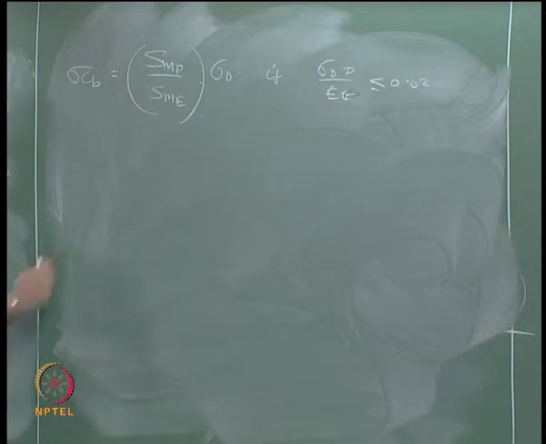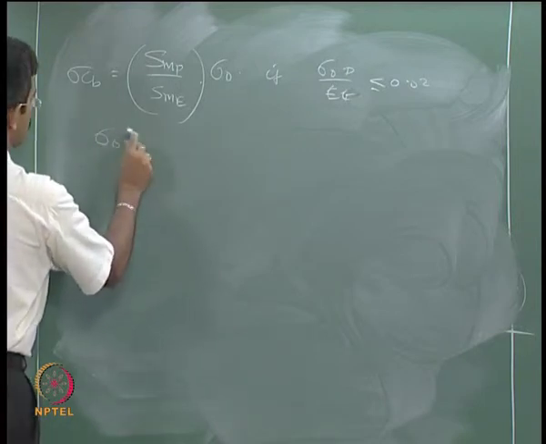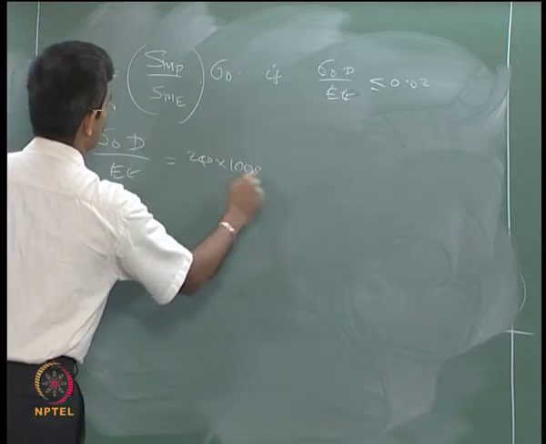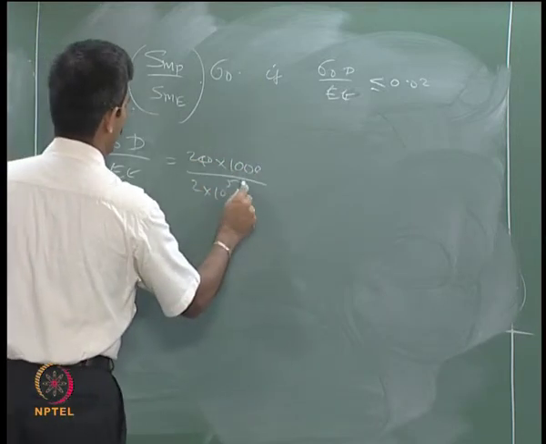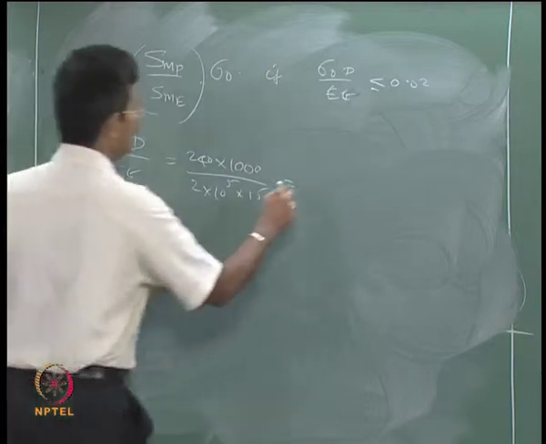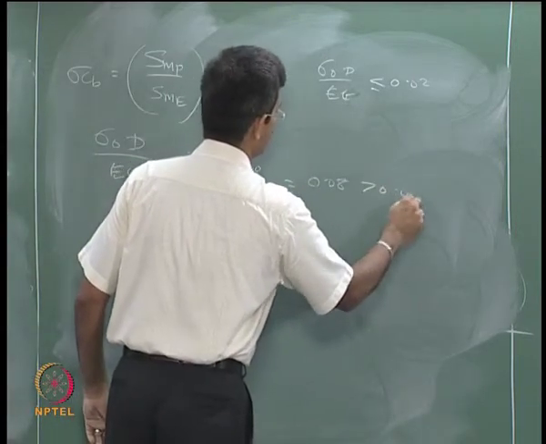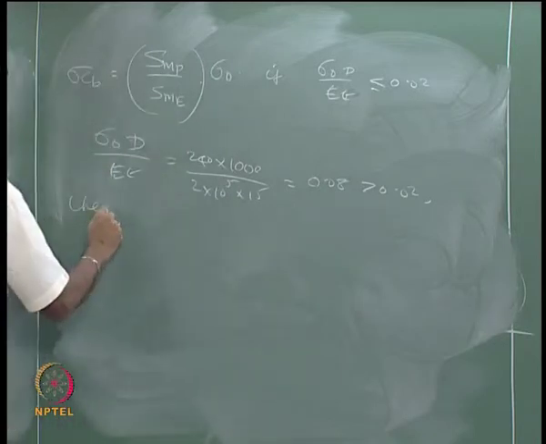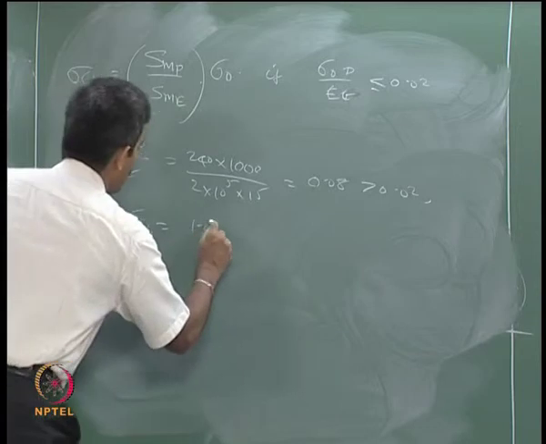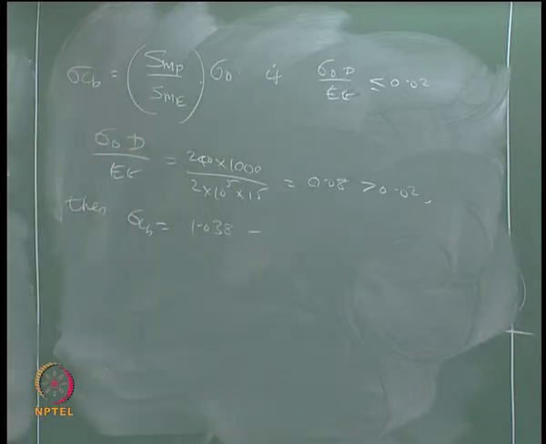Now, let us check this ratio. Sigma naught d by Et in my problem is 240, 1000 by 2 10 power 5 into 15, which is 0.08, which is higher than 0.02, then sigma CB is given by 1.038 minus